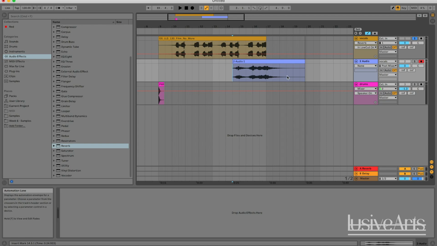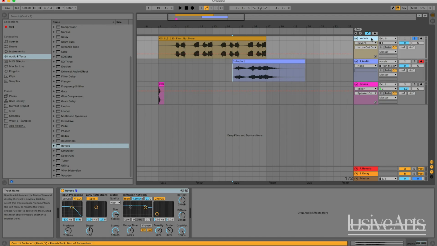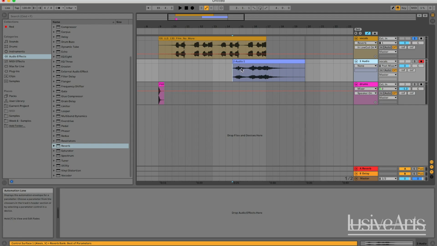When you're doing this, make sure you record long enough to capture the entire tail of the vocal as well, especially if you've got a longer reverb. You don't want to chop that off too early by stopping the recording. So if we listen to our recorded audio file now,